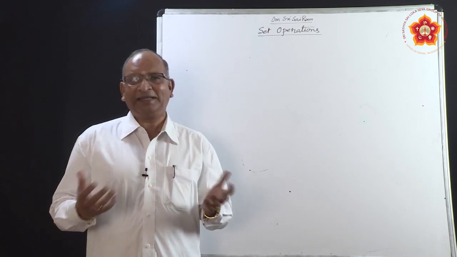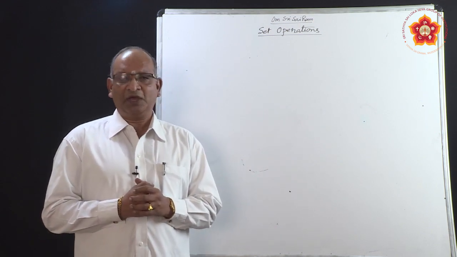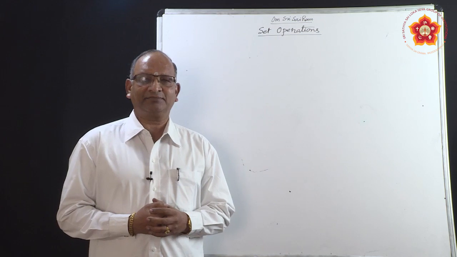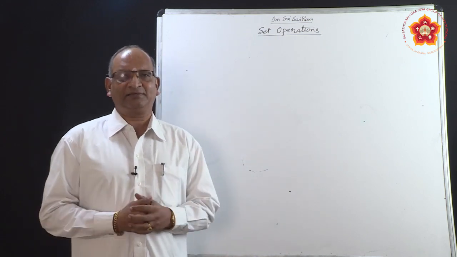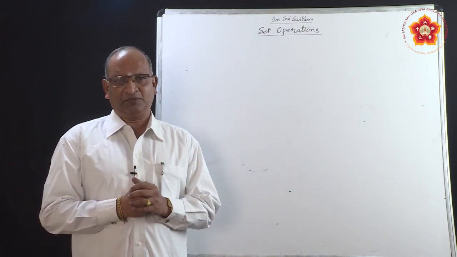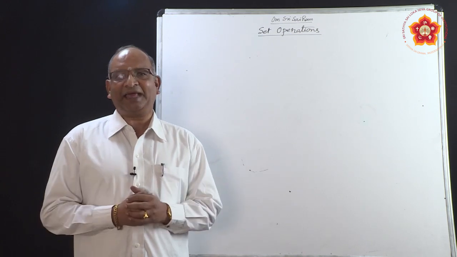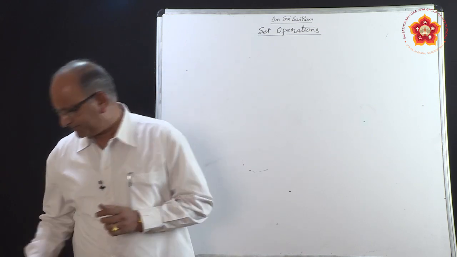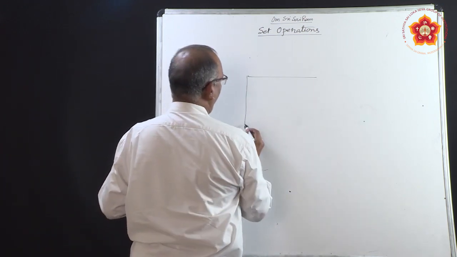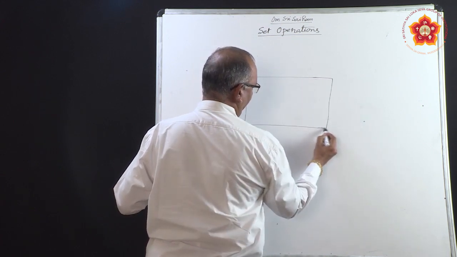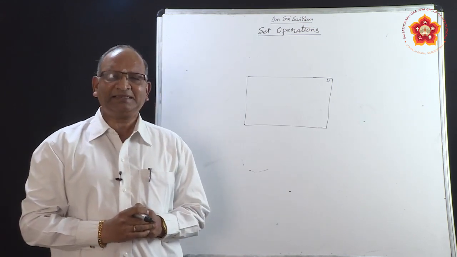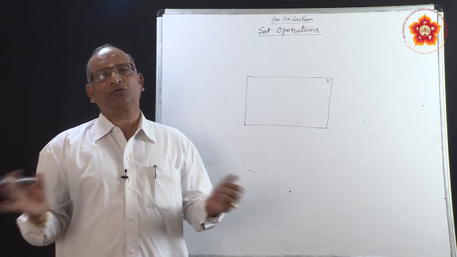So, what has he used? We have seen what a universal set is. A universal set in a given context is the biggest possible set for which all the other sets are subsets. So he said a universal set can be represented in the form of a rectangle. And in the corner we write U, which represents the universal set. And he said for all the other sets, use closed figures.